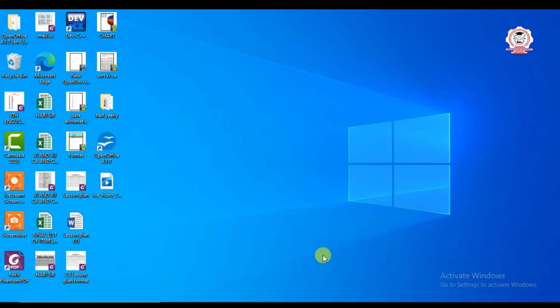Now we are going to see how to open a new OpenOffice Writer document. It is a very simple procedure. In Windows 10 operating system, you can double click on the OpenOffice 4.1.7 shortcut icon on the desktop. It will open shortly.